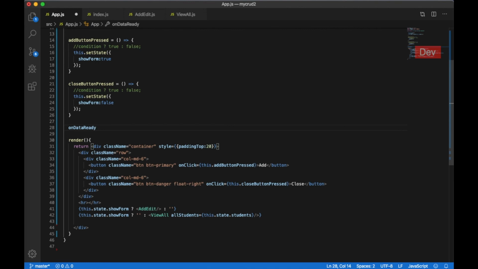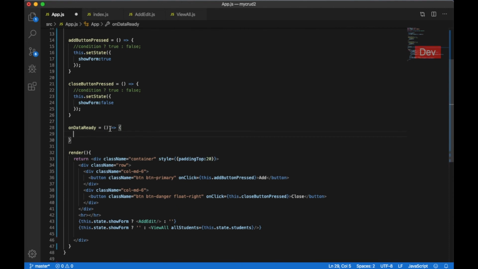Some name, on data ready, some function I'm going to add. So this function will have an object, and that can be added